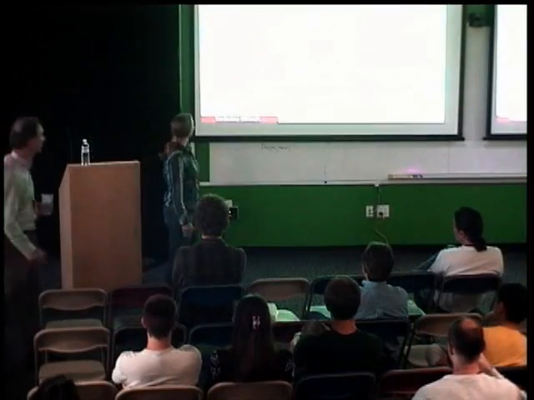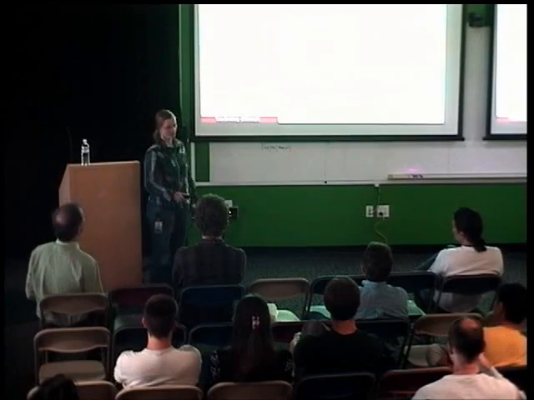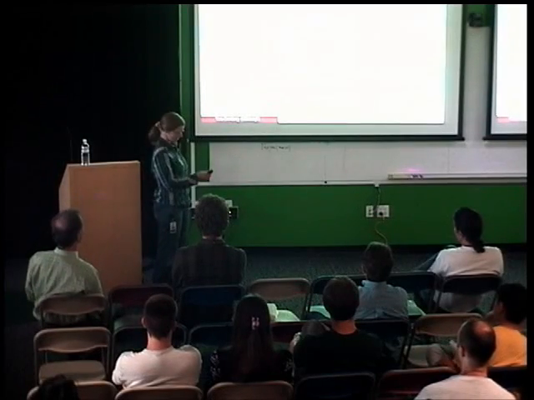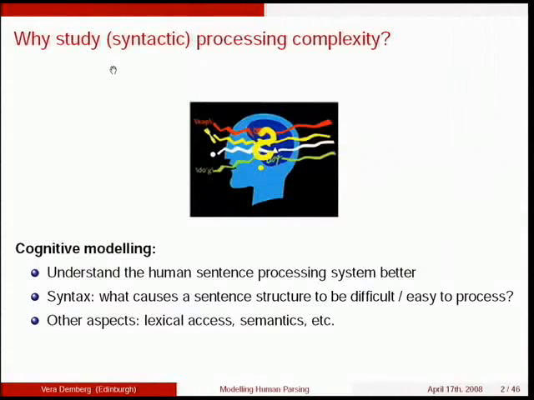So I'm going to talk about my Ph.D. about modeling human sentence processing. Right. So, why would one want to study that at all? On the one hand, there's the theoretical interest of how the brain processes language. And here, cognitive modeling can help us understand better: if we model what's going on in the brain, and our model exhibits the same behavior that we find in how humans process sentences, then maybe that can